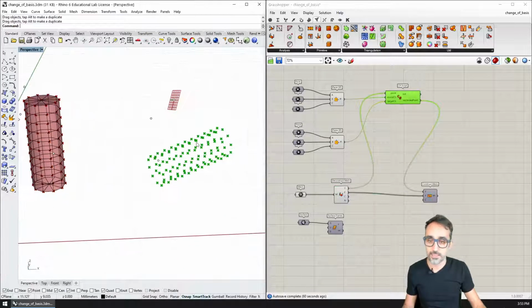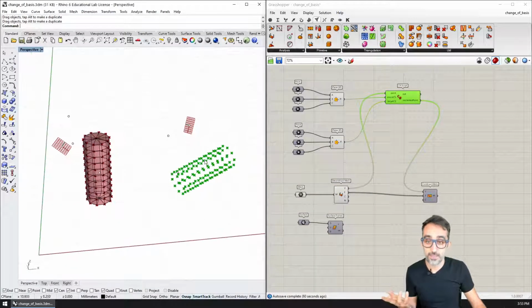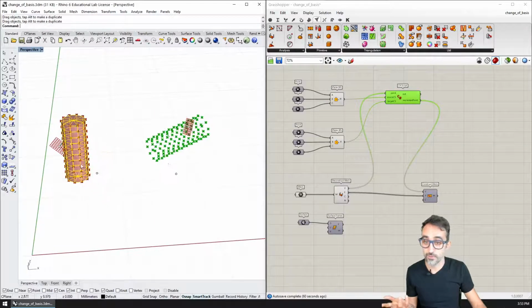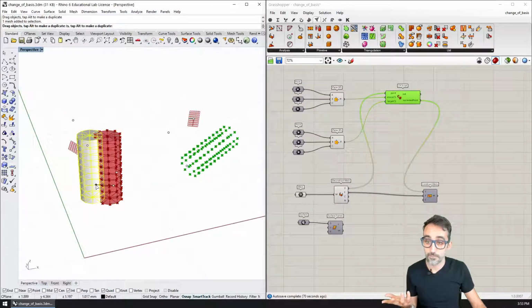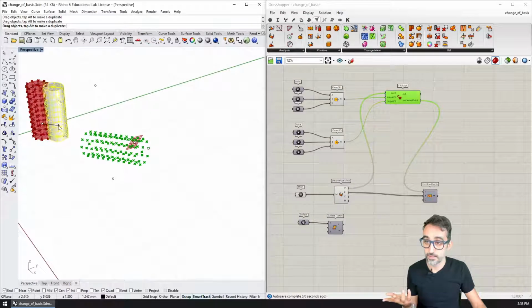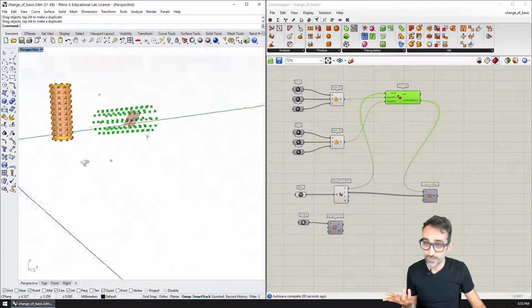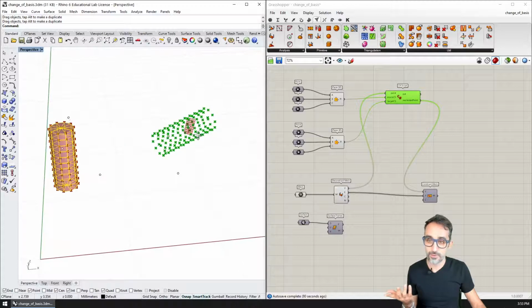And the result is that I get that cylinder translated from this coordinate system to this other coordinate system. So if I move it around, you can see that the relative position between the two elements is maintained the same. You can see that the cylinder is now intersecting the plane, right? And you see how the cylinder is also holding the plane here in three-dimensional space.